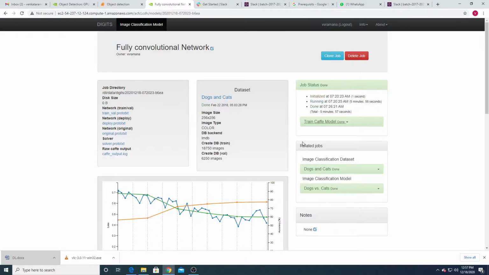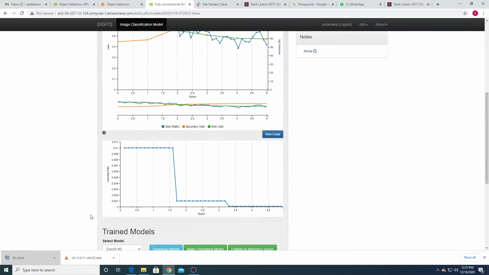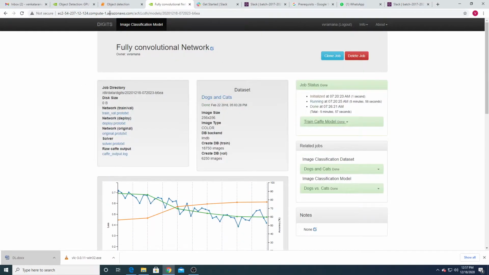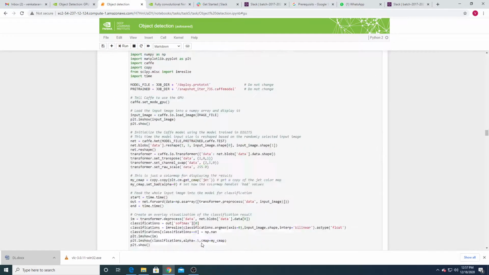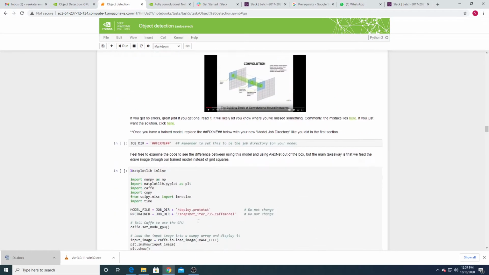Yeah, students, training was completed for the fully convolutional network model. Next, we will see what to do in the instruction sheet.